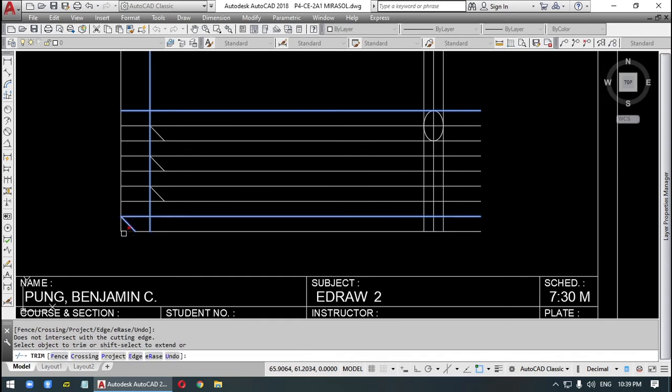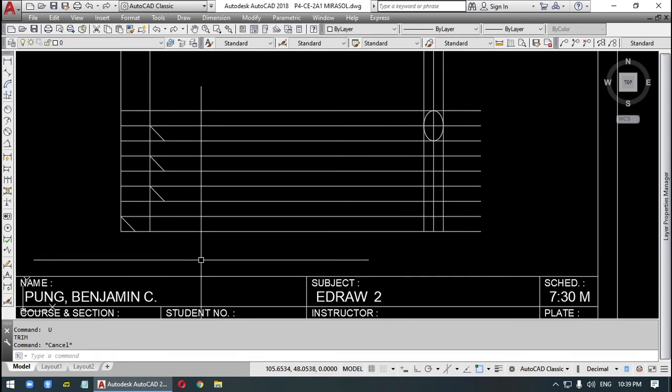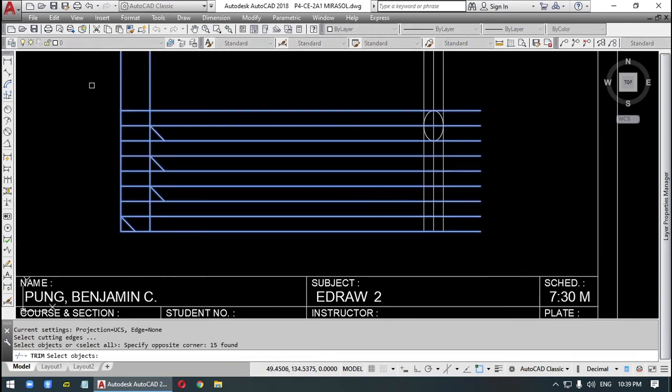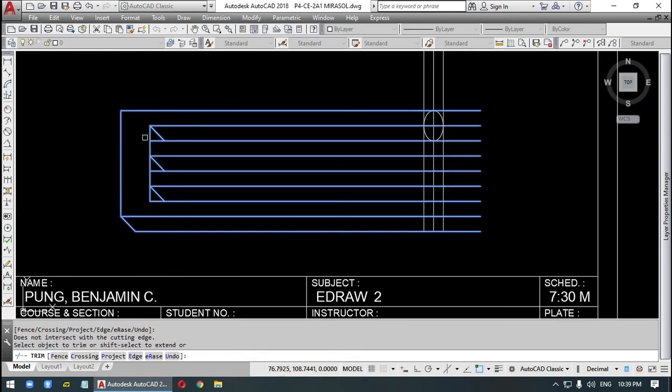Okay, so we don't need that. And undo, undo. Okay, trim, select it all. Trim. Okay,